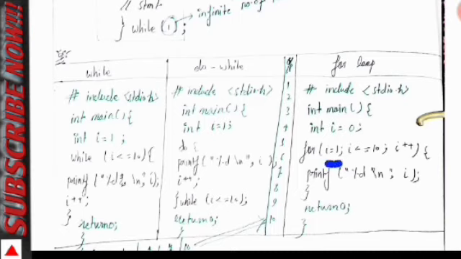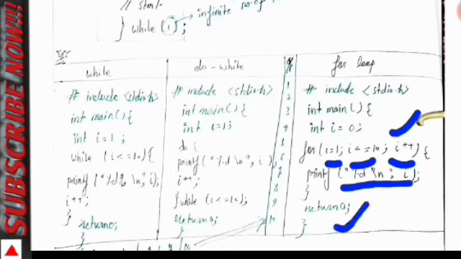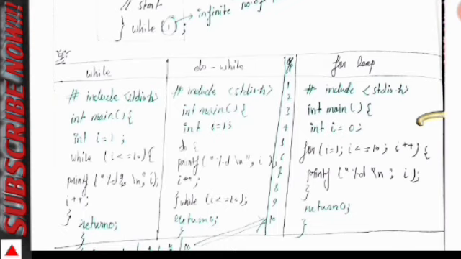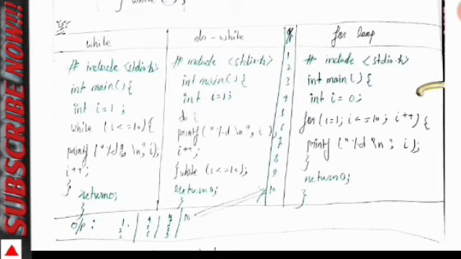And using the for loop, firstly we initialize the value like i is equal to 1, then give the condition i is less than or equal to 10, and increment or decrement the value. Here we increment the value. After incrementing the value, we print the statement and we got the output like 1 2 3 4 5 till 10. So in any type of loop, we got the same type of input and output, but condition, initialization and keywords are different.